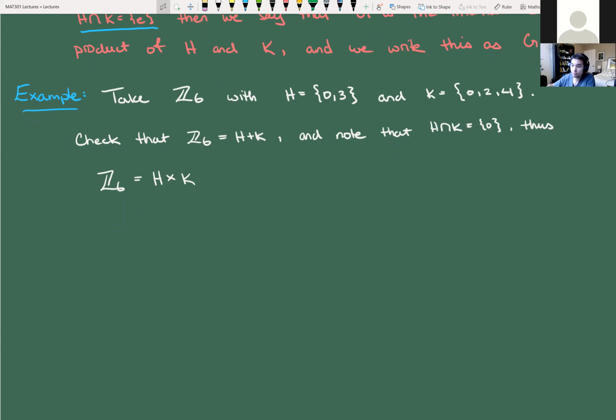There's only one way of writing the number 4, right? It has to be 0 plus 4. That's the only way that you can do it, right? So that ends up being critical. Another kind of comment to note here,